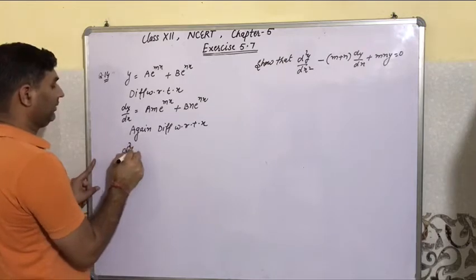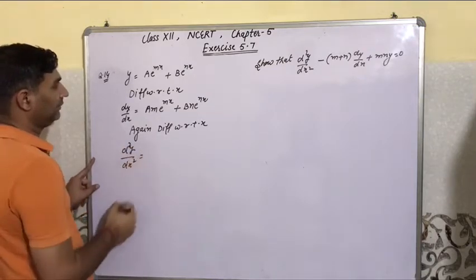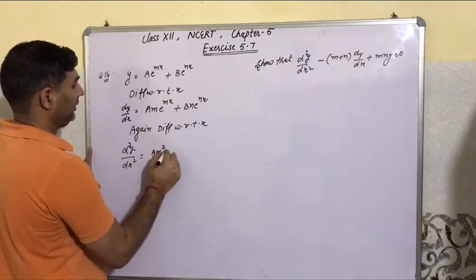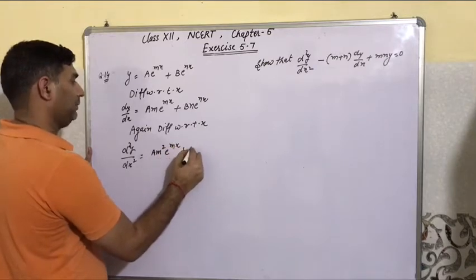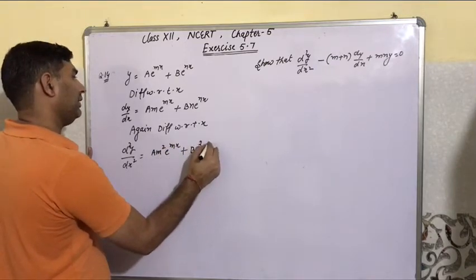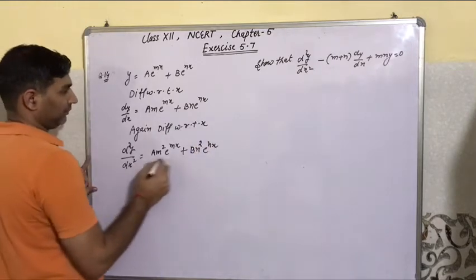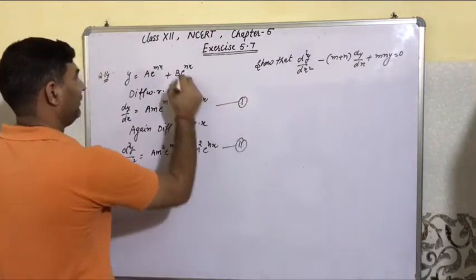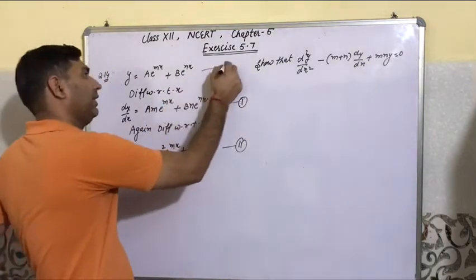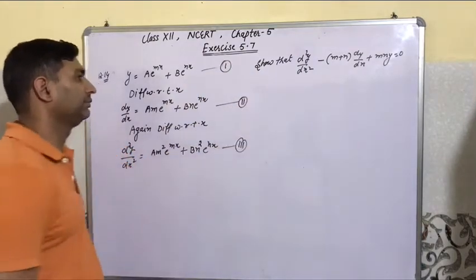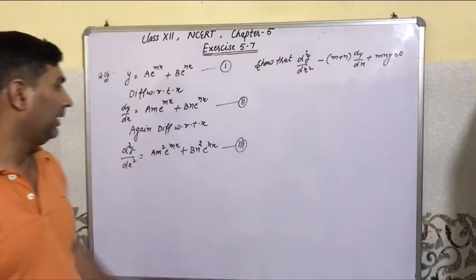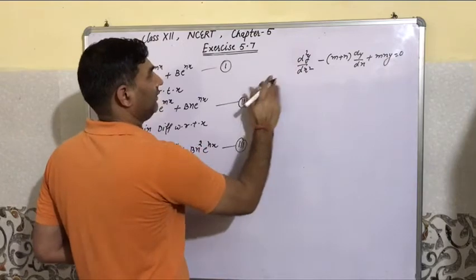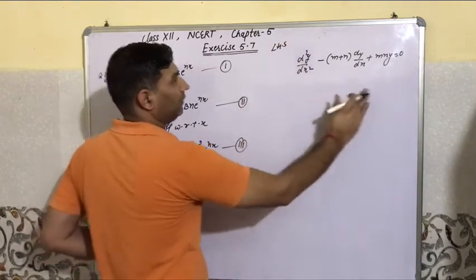Then d square y upon dx square, second order derivative, this a m square e raised to power mx plus b n square e raised to power nx. This value is second order derivative, this first order derivative, this second order derivative, and this y is given, this 1, this 2 and this 3। तीनों की वैल्यू को पुट करेंगे यहाँ पे, and then left hand side हमारे पास होगी, ये हमारे पास लेफ्ट हैंड साइड है, हमने इक्वल टू 0 निकालना है